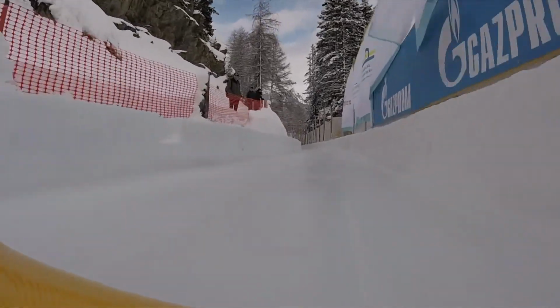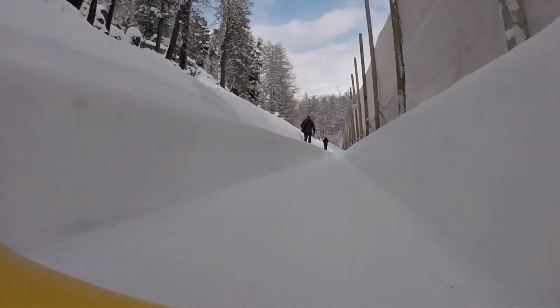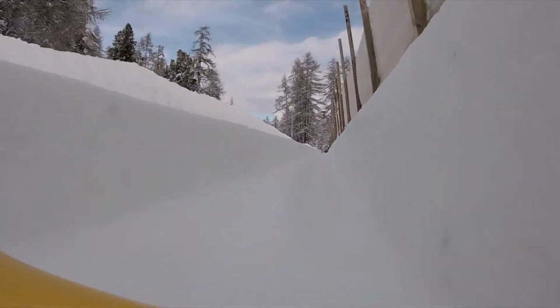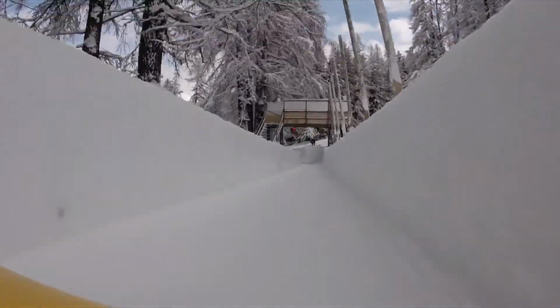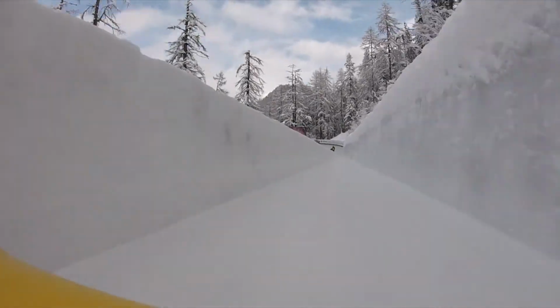It's a relatively long start. You can run this quite deep into the little dink in corner one, but you need to be loaded and quiet there because the two straights that follow with this just tiny little bend in can easily put the sled into a skid. Speed building, as you can hear from the wind noise, into Wall. Now there are 2, 3 little pressures there, and then into the first notable corners, Snake 1 and 2, down to Sunny. Feel the G-forces here in that 180-degree Omega curve, into Nash and Dixon, named after the Bob Club members from St. Moritz who won gold in Innsbruck 64,